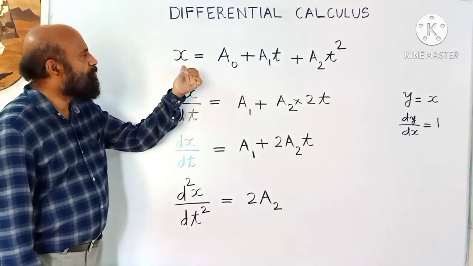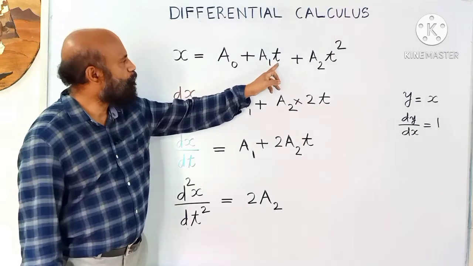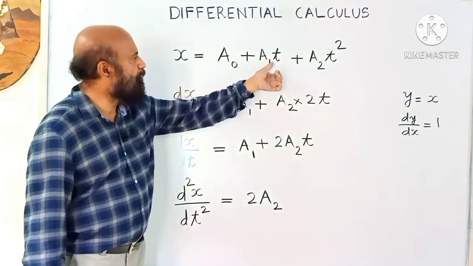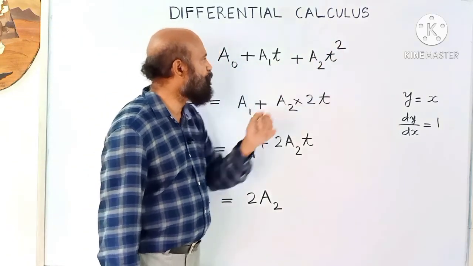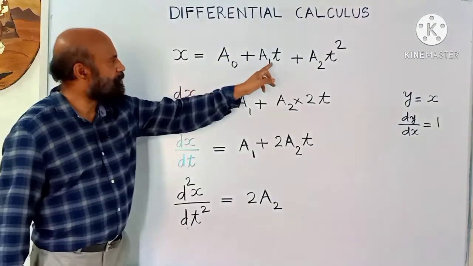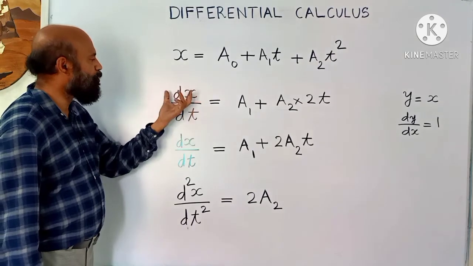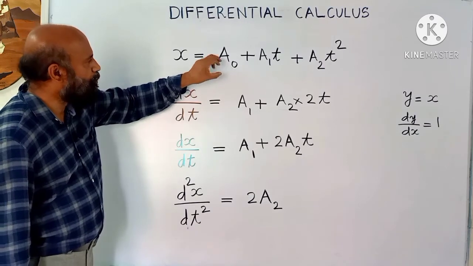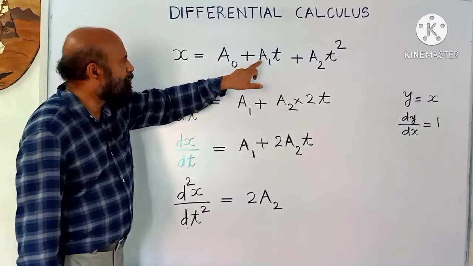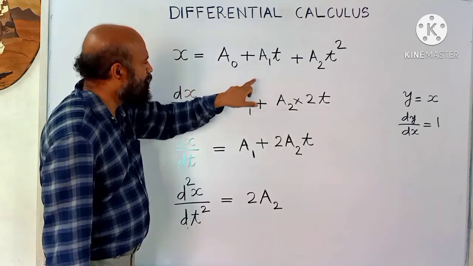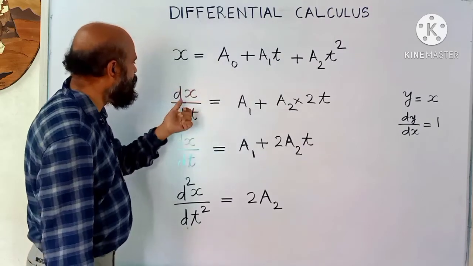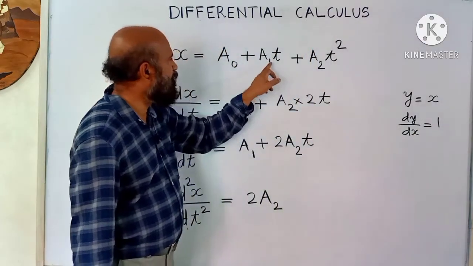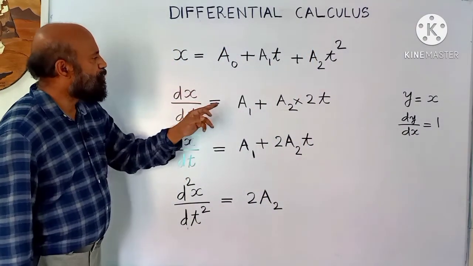Now let us see one example. X is a function of t. X is given to be a0 plus a1t plus a2t square. Now we have to get dx by dt, the rate of change of x with respect to t. So now dx by dt. A0 is a constant, so the derivative of a constant is 0. Here it is a1t, so you have to write a1 as it is. The derivative of t is 1. Now, y is equal to x, then dy by dx is 1. So similarly, the derivative of t is 1. So a1